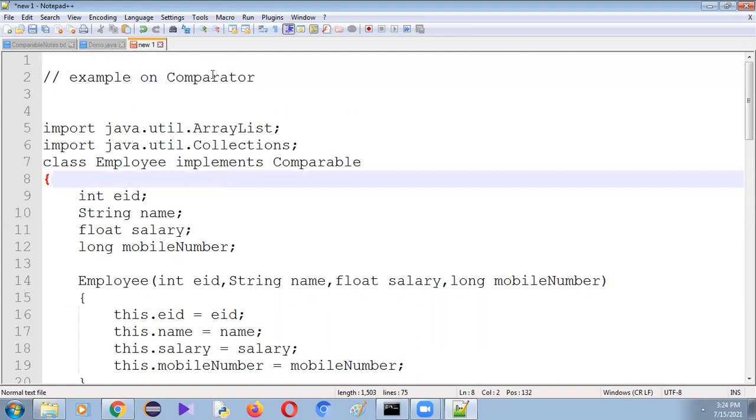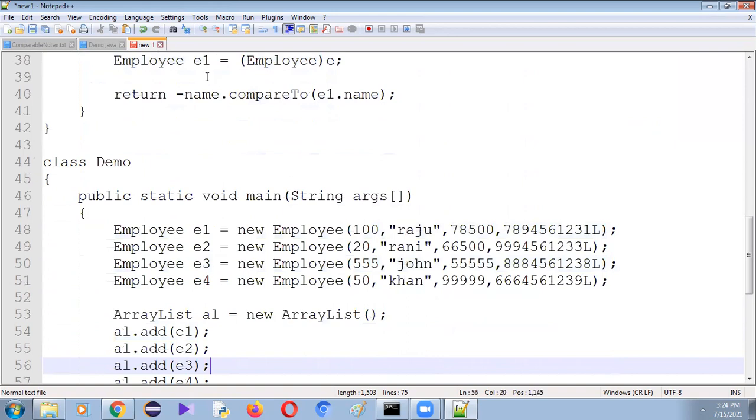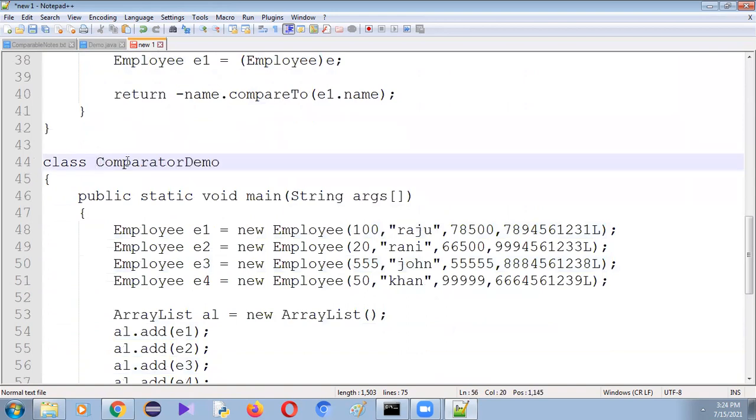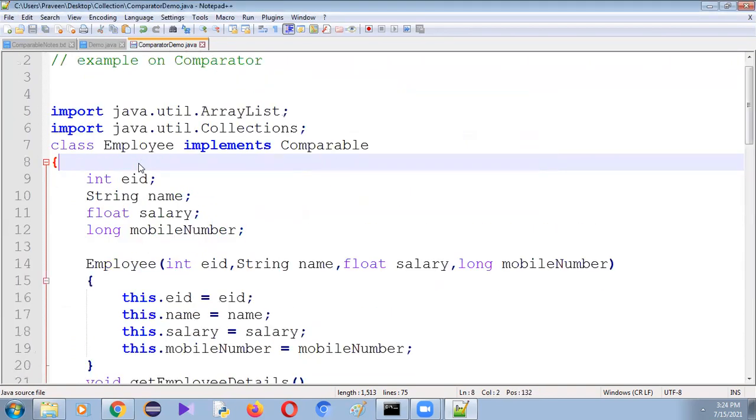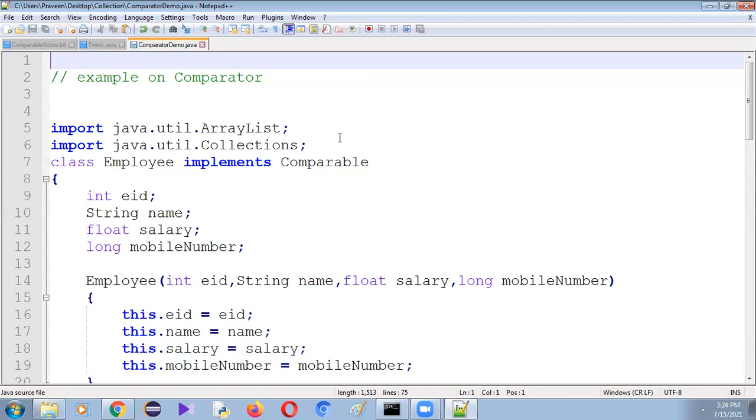So let me name it Comparator demo. Let's save this program with the name ComparatorDemo.java.